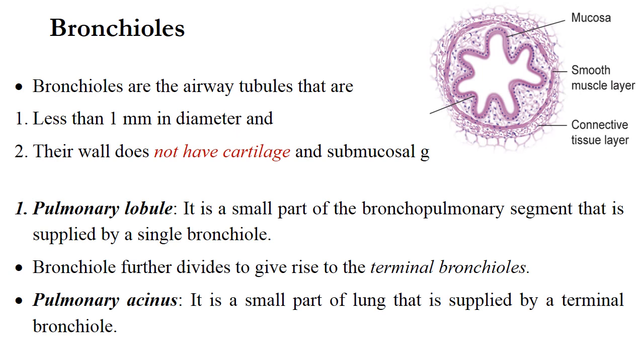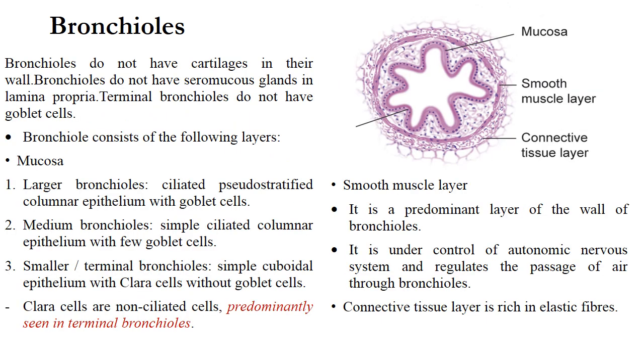We have the respiratory bronchiolar unit. It is the functional unit of the lung, and it has a single respiratory bronchiole with the alveoli supplied by it. So there is the segmental bronchus. The segmental bronchus divides into larger bronchioles, which divide into terminal bronchioles, and they form the respiratory bronchiole, and the respiratory bronchiole supplies the alveoli.